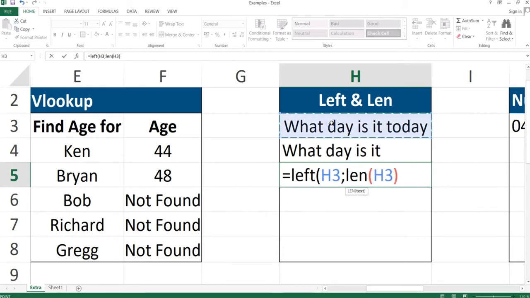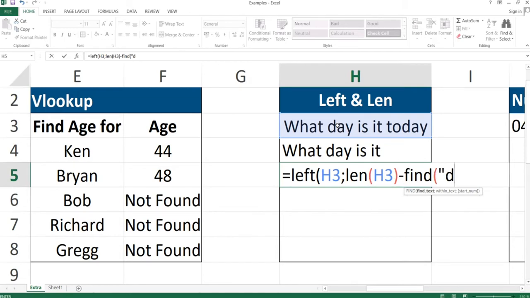Okay, we do this, and then instead of specifying a hard number, as in our previous example where it was 5, we can use the find formula, and we can try and find, let's say,